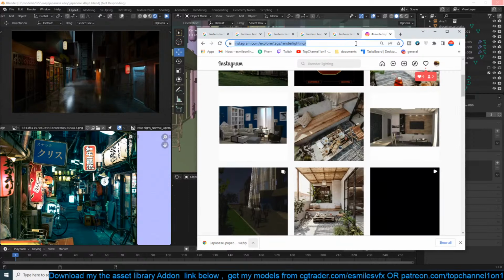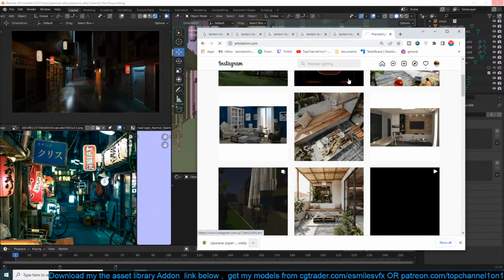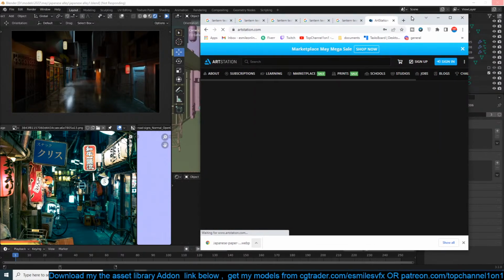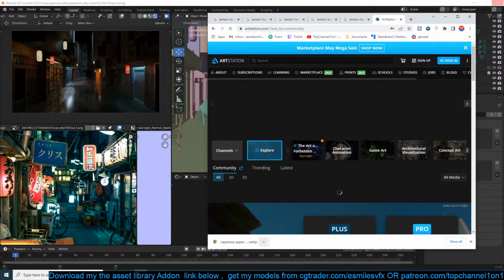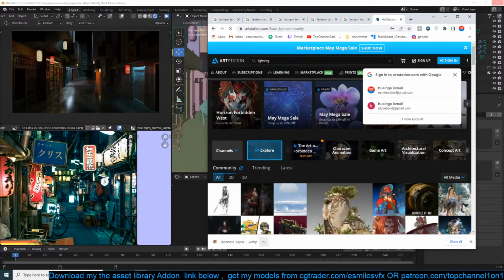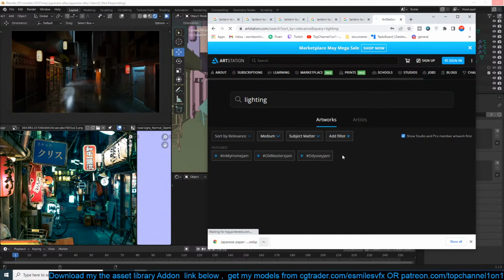Let's go to ArtStation, see if we can find some good rendering lighting. Lighting we can now mimic.